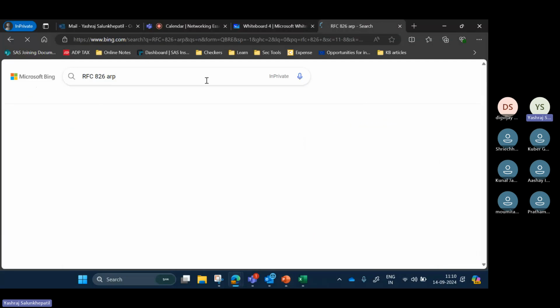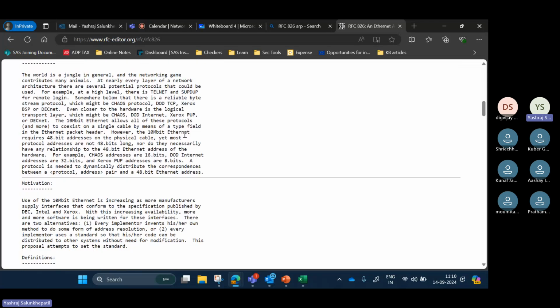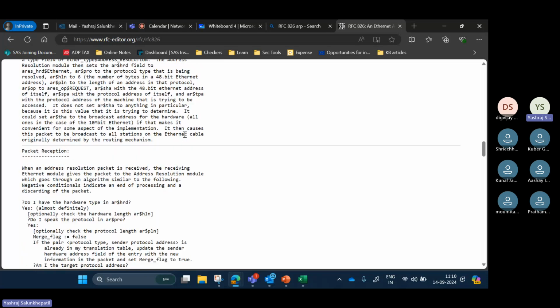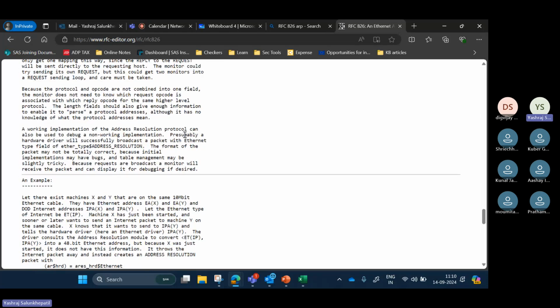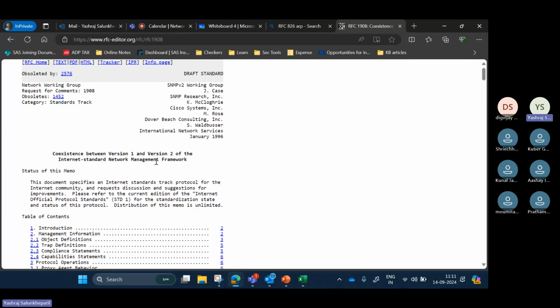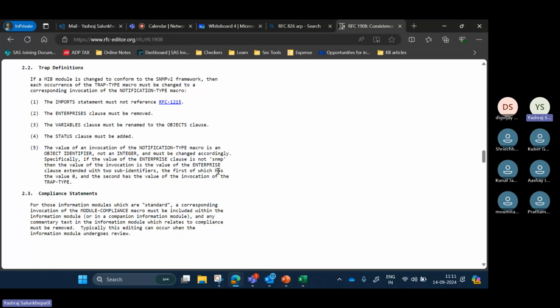ठीक है. So if you go see, this is where the definition is. ठीक है. This document is followed by everyone all over the world, every company, every person, every employee, everyone. This is what they refer to. This is the definition. ठीक है. So RFC, for example, I don't know ऐसी कोई document है क्या, but let's see. Oh, there is. So RFC 1908 में क्या है? Coexistence between version 1 and version 2 of the Internet Standard Network Framework. So RFC और कोई number होगा.